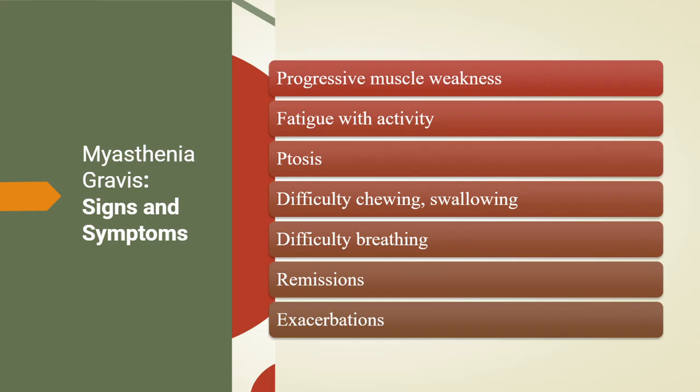Myasthenia gravis often begins with symptoms involving the eyes and face because these muscles are small and used frequently. One of the earliest signs is ptosis, or drooping of one or both eyelids. Patients may also report diplopia or double vision due to weakness of the muscles that control eye movement. As the weakness progresses, facial expressions may become reduced or mask-like, and patients may experience difficulty smiling, chewing food, or maintaining facial strength during conversation.